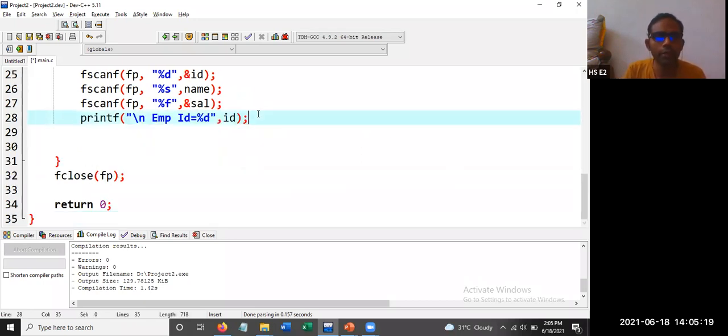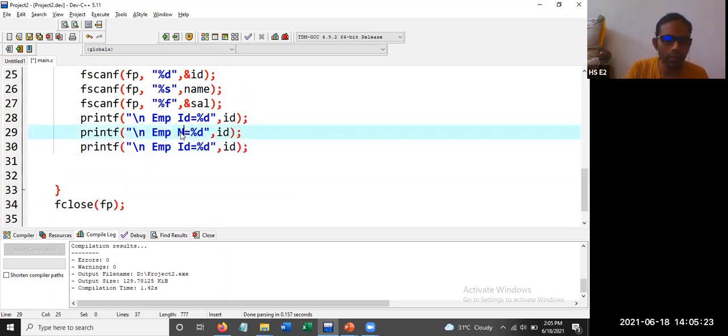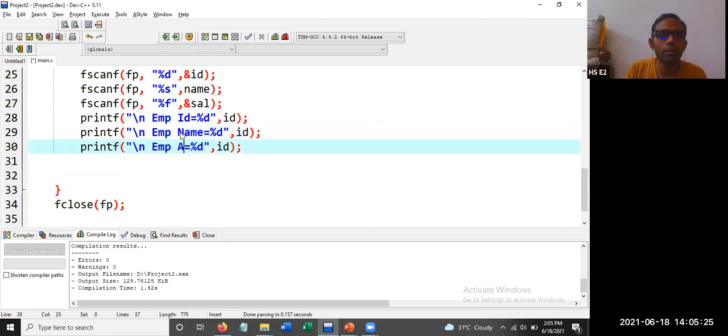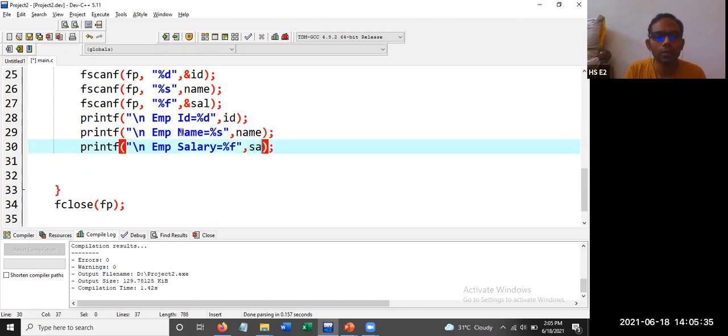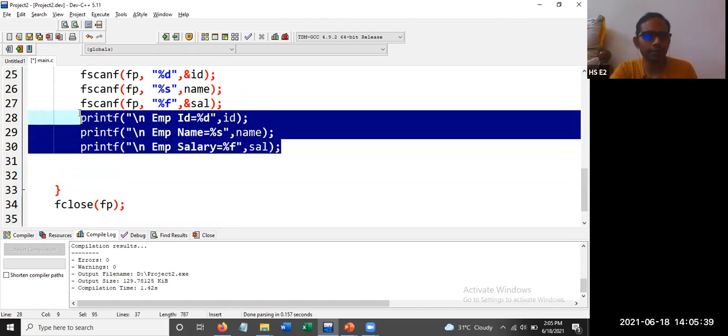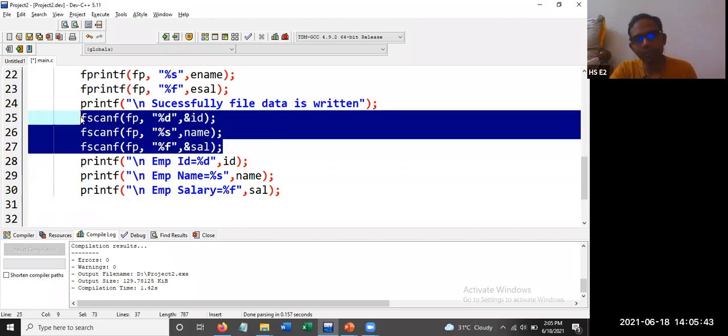Then we want to print the name, then salary, %f, %s, here name, here salary. So this is the data received from the file.